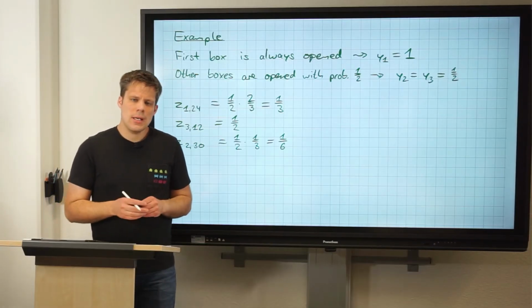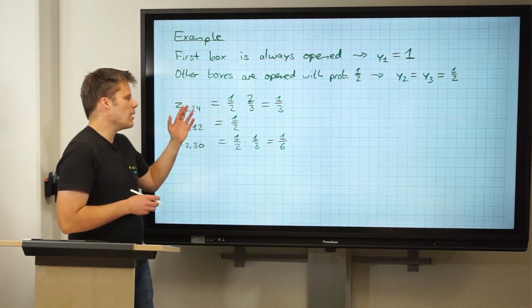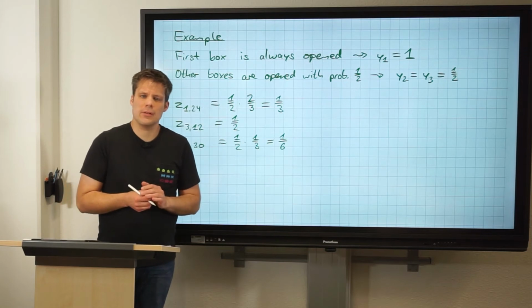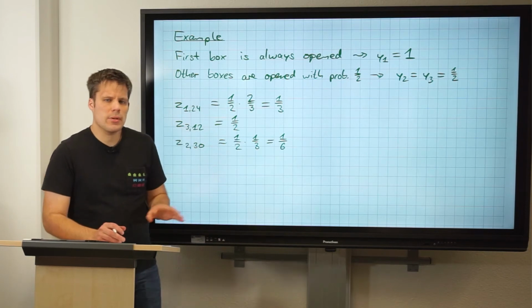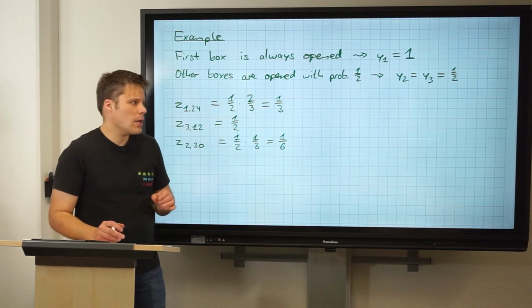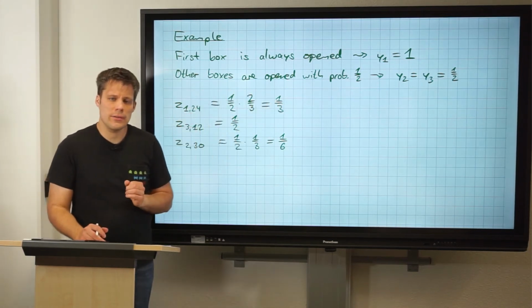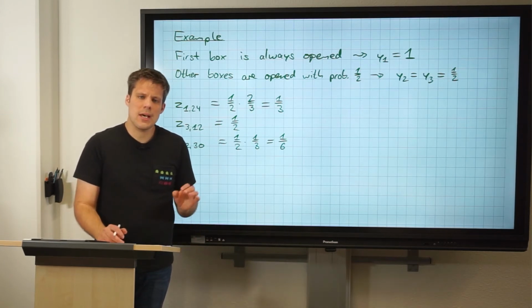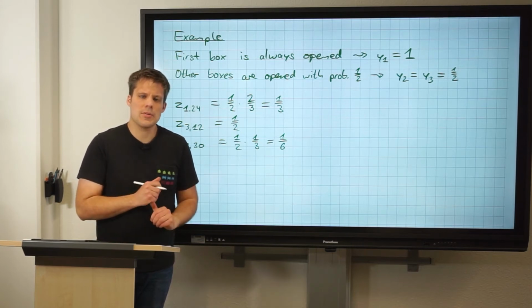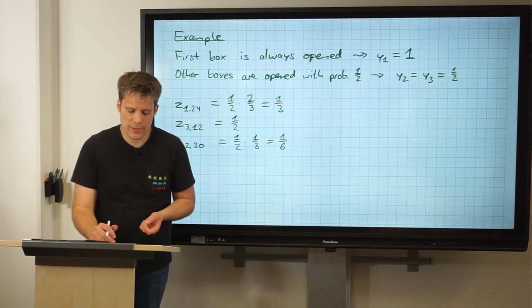What we'll now do is write down some constraints that these y and z have to fulfill for any policy. So far we're talking about an arbitrary policy which may be adaptive, and for any policy there are these y and z values, and these y and z values cannot be arbitrary. For example, they are constrained by the fact that we may take home at most one prize, and that we may open at most k boxes.